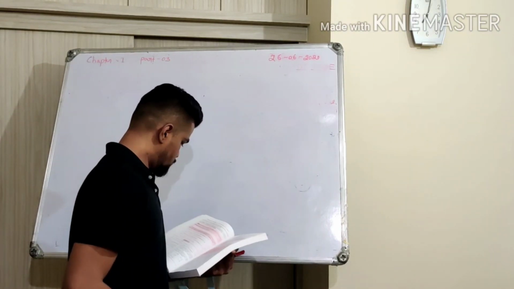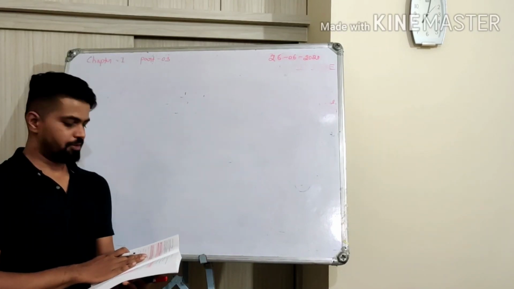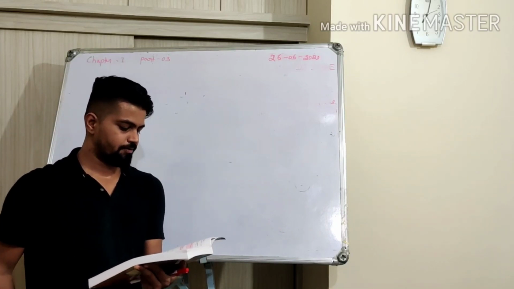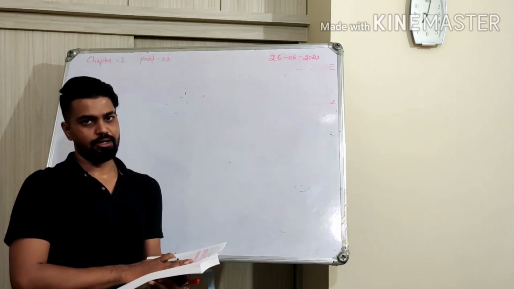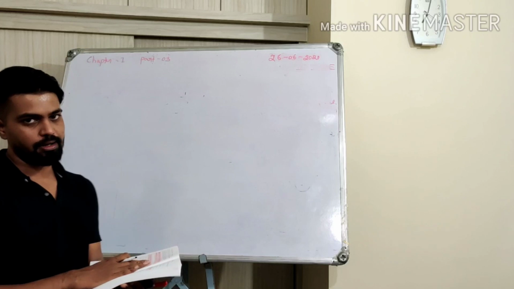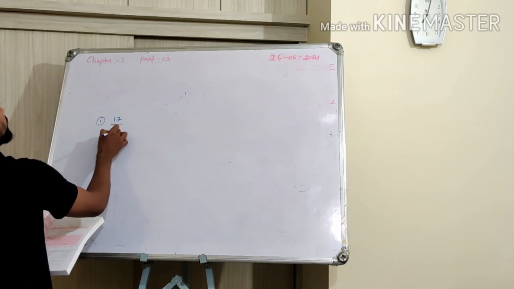So now I have this question. Without doing any actual division, find whether the following numbers are going to be terminating decimals or not. That is, we have to find out whether it's a terminating decimal, or it is ending, or it's not going to end. Okay. So the first question is this: 17 by 50.